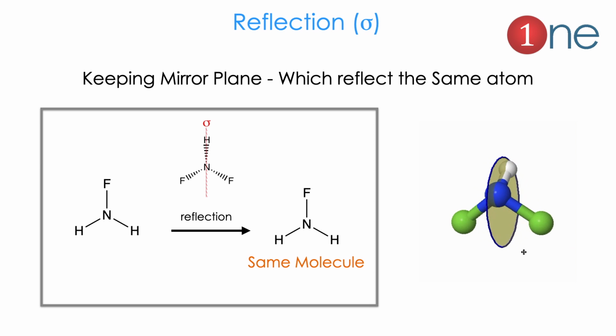Similarly, we will see what reflection is. Reflection means you are keeping a mirror inside the molecule to get the same reflection on the opposite side. You clearly see in the animation that when the plane bisects, you get the same molecule again. Normally the mirror plane is written as a dotted line, and it is denoted as sigma.